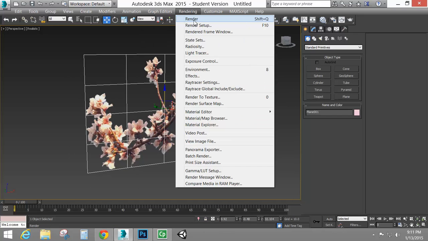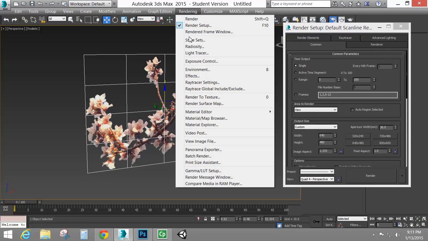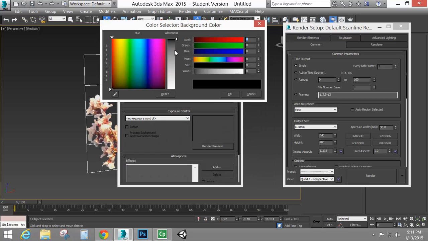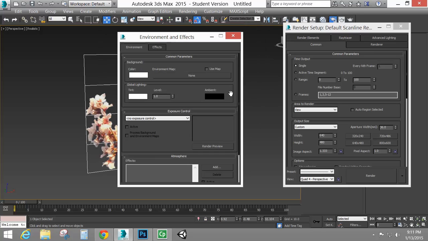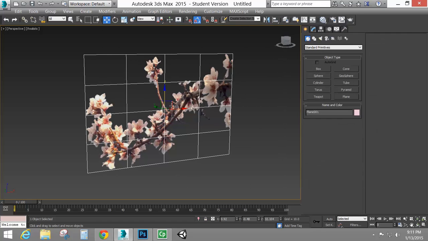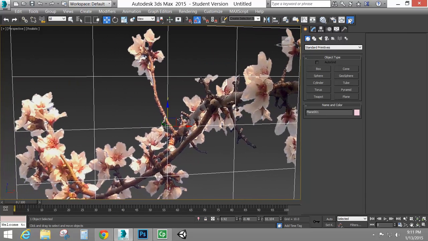So I'm going to go to my render setup, just here. I'm going to go to my render environment, and my color here for my background I'm going to set to white. I'm going to say OK, close that, and I can just close that. I can use this render. Make this larger here so we can see. And when I render it,